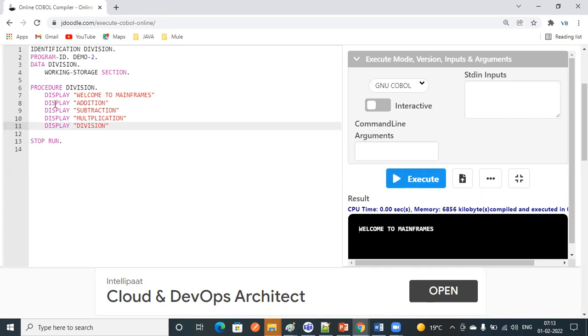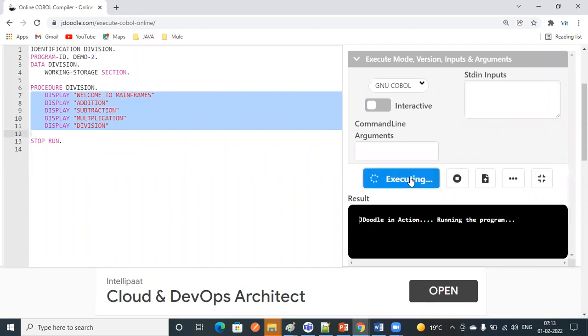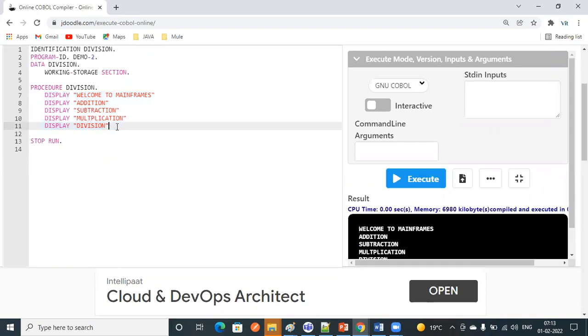Everything we are going to write inside the procedure division, in between, before stop run. Suppose you can assume we have written the logic for all these operations. Later we will implement the logic, but just assume this is for division, and this is for multiplication, subtraction, addition.